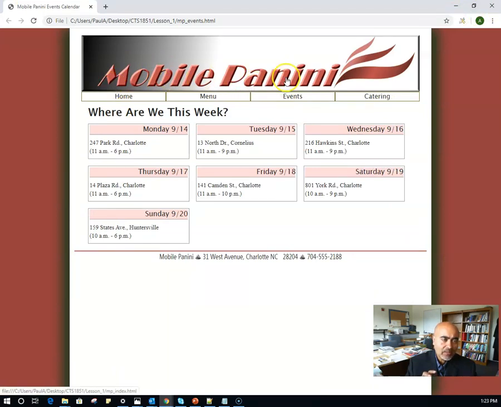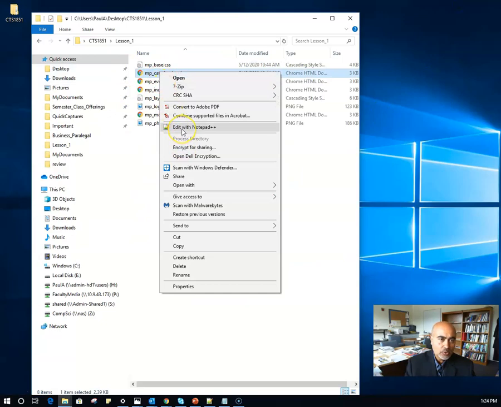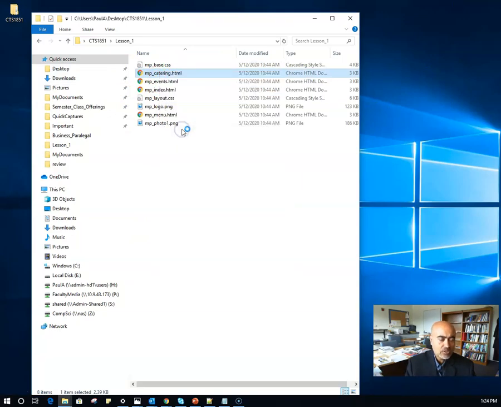So all these pictures, the shading, the color, the hue that you can see over here, these are all design aspects of this page, which is coming from the cascading style sheet, and we will go over the cascading style sheet next time. So let's look at the code for these individual pages. Okay, so if I right click on this and use my editor, and I am using Notepad,